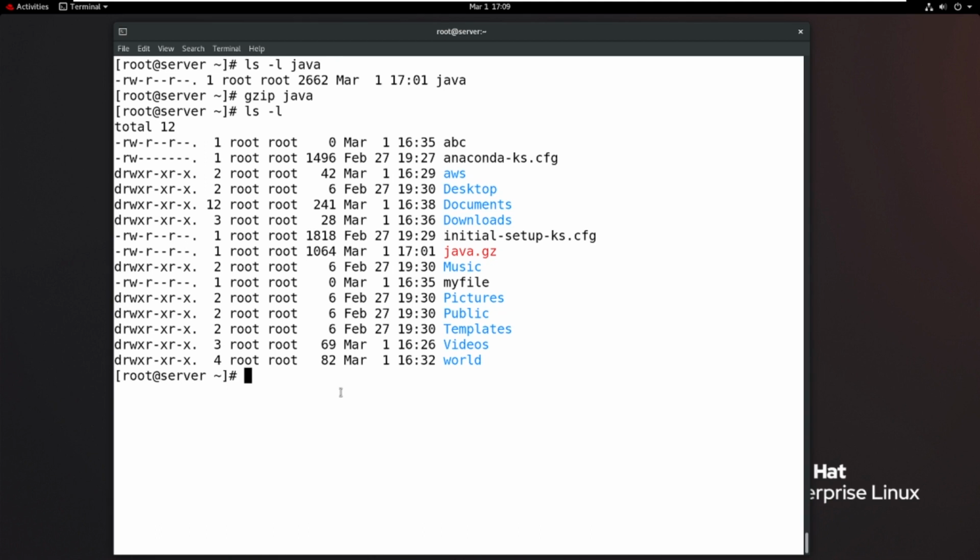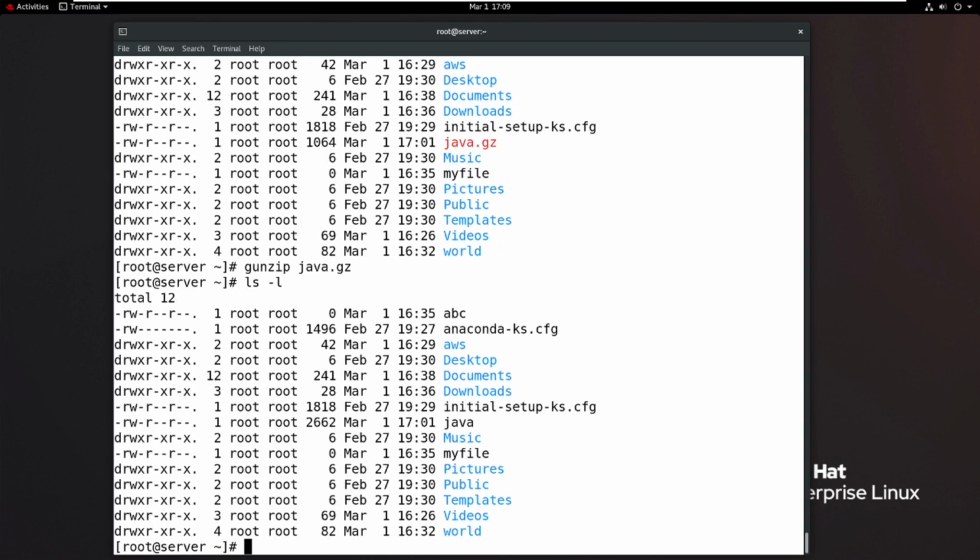Then how to unzip the file? Gunzip is the command, then the file name, Java.gz. Now if I enter, the file is uncompressed again. Then verify with ls -l, and the file is back to Java, 2662.